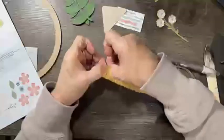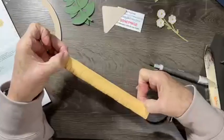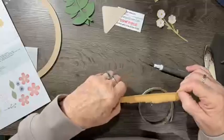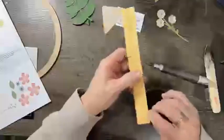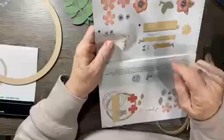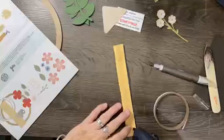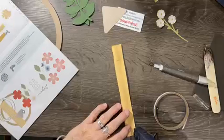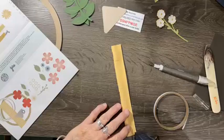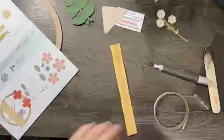Okay, what I'm going to do is just on that little line, because I don't want to bend my flowers. I'm just going to take my, not that I have fingernails, but I want that to really stay. Now what it's telling me to do is taking my glue gun and then rolling it. Let's put a little bit of the glue gun on there and roll it. So let's do that. And once we start rolling, my glue gun is cordless, so I need to set it back on its...